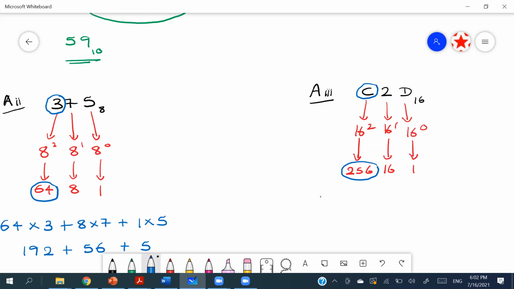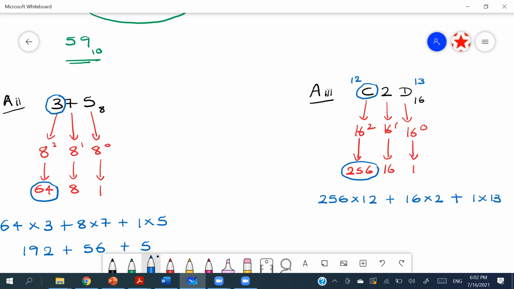So that means 256 into C means what, people? A means 10, B means 11, and C means 12. And D means 13, right? Do not forget those, right? So you are going to multiply 256 with 12, not with C, plus 16 into 2 plus 1 into 13,